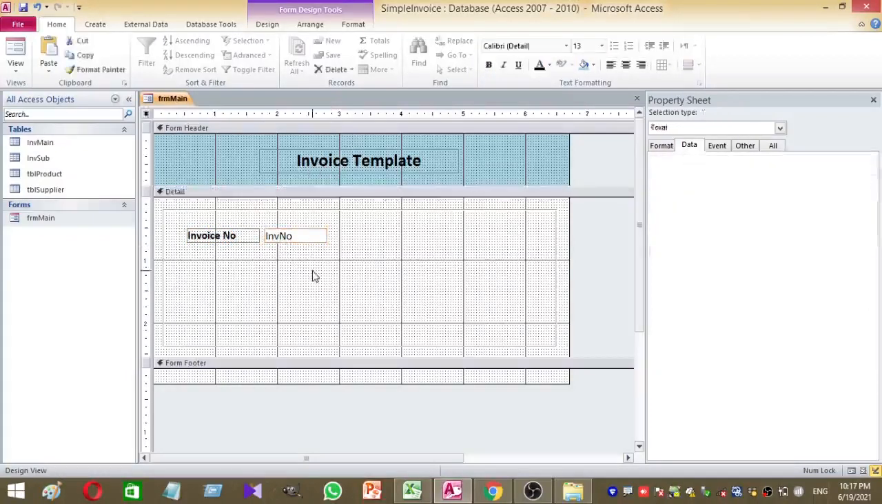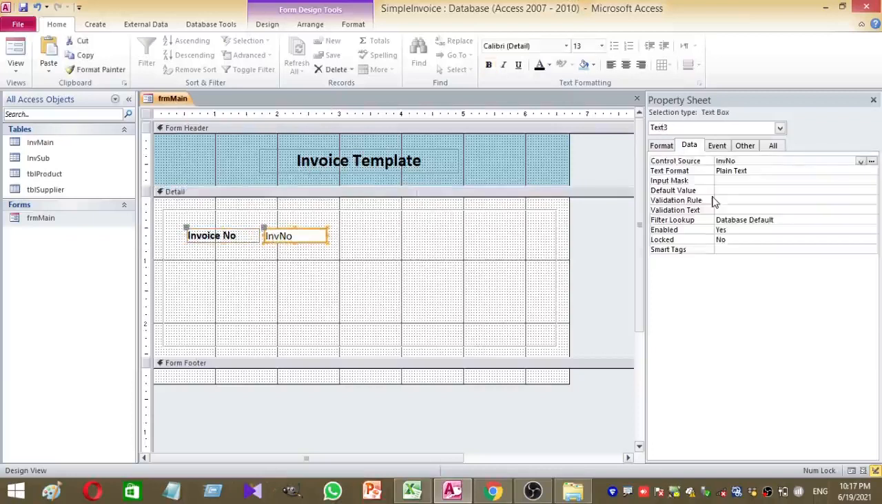Invoice number, yes. Then here you can rename your text box name, so it is very easy if you rename your text box. Then later when you use the VBA part, if you name your text boxes properly, it is very easy. Then select this text box, and